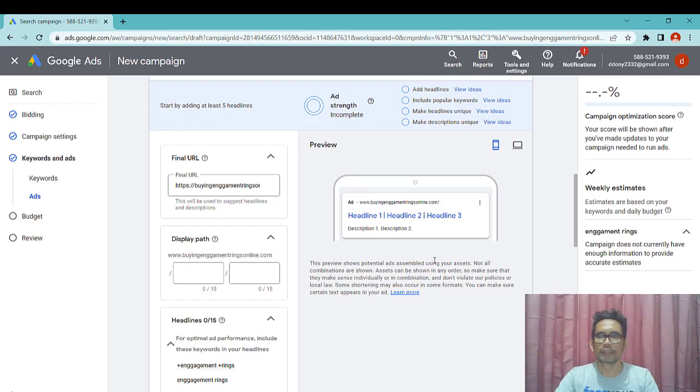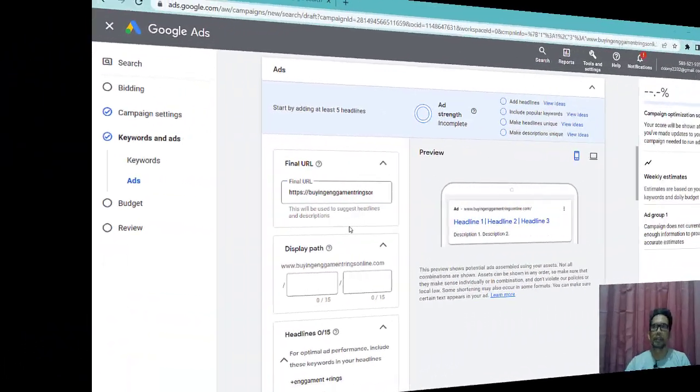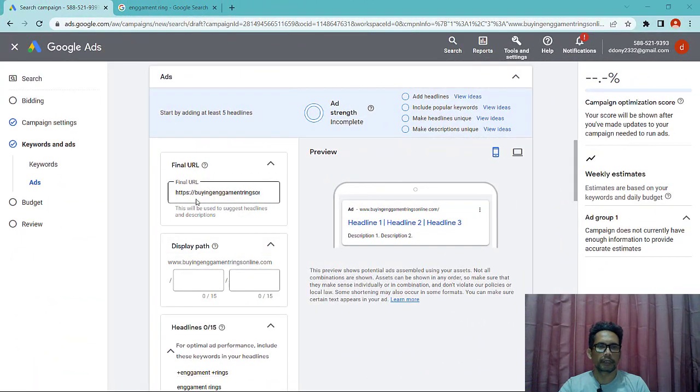Then for the ad description, we are going to use our pure ones, because we want our ads to take up as much real estate as possible to boost our click-through rate. Define your final URL, buying engagement ring online. This is the page that the ad will direct customers to.